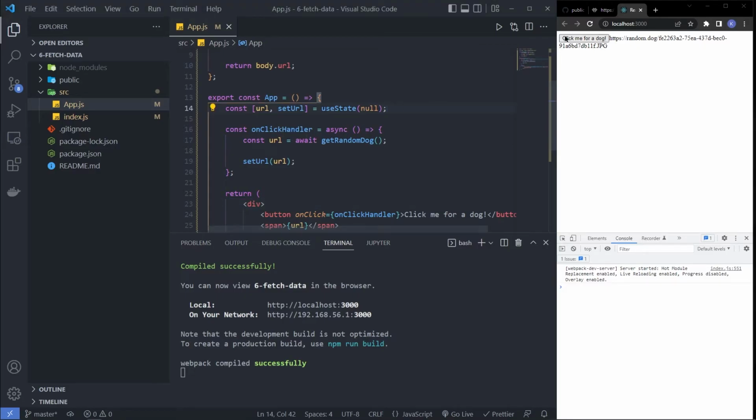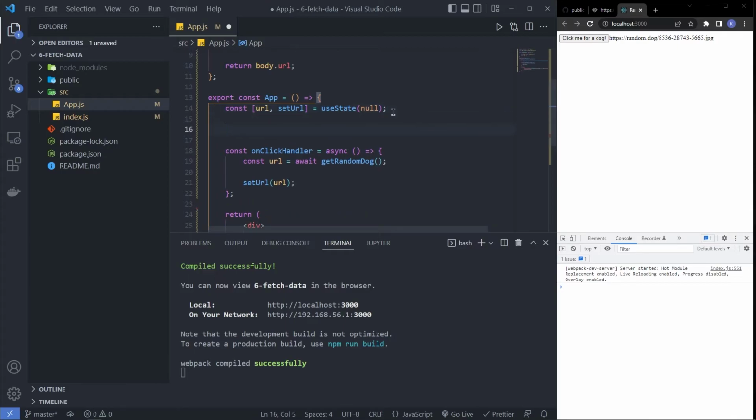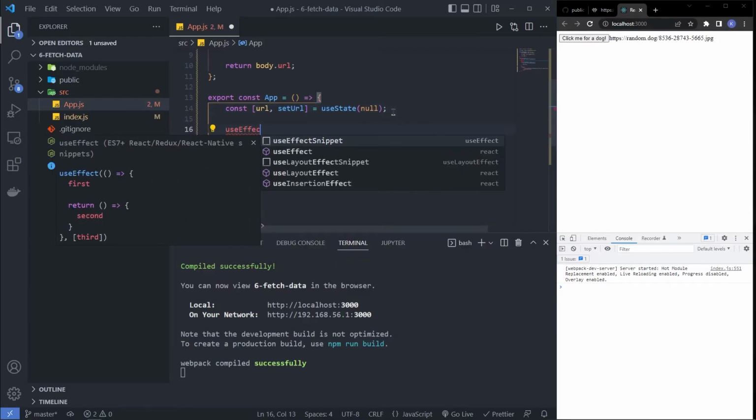So now let's say we come to this page and we want a dog to already be on the page before we click the button, right? And clicking the button would just get another dog. That's basically what we have right now. Every time we click this, it's gonna get a new dog, but we don't have the automatic dog on mount of the component. So to do that, we need to do a useEffect hook here,